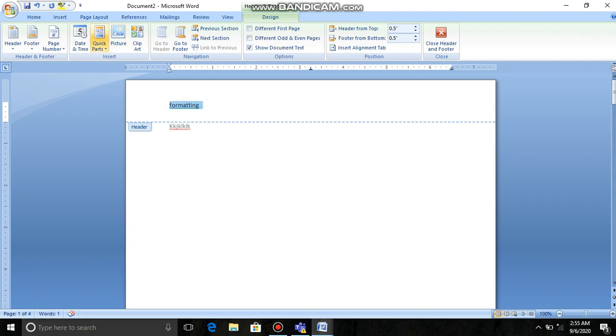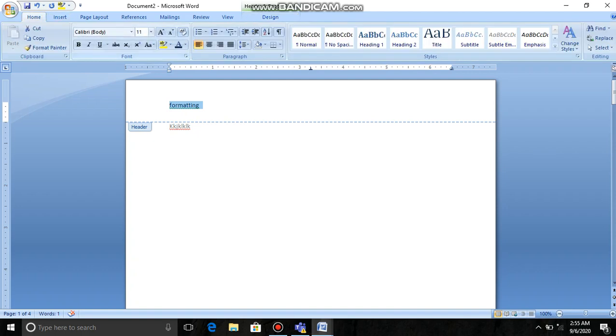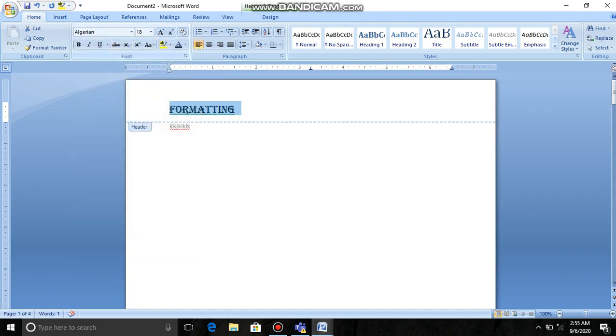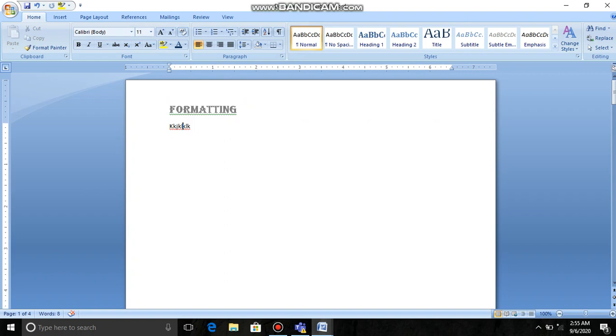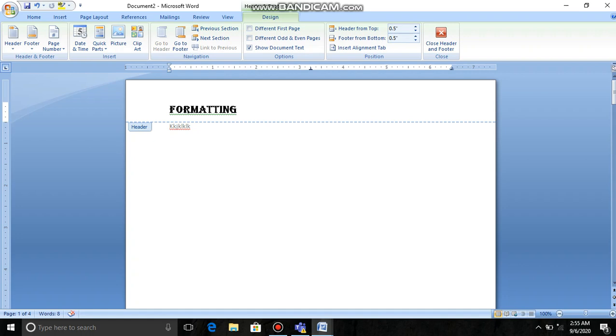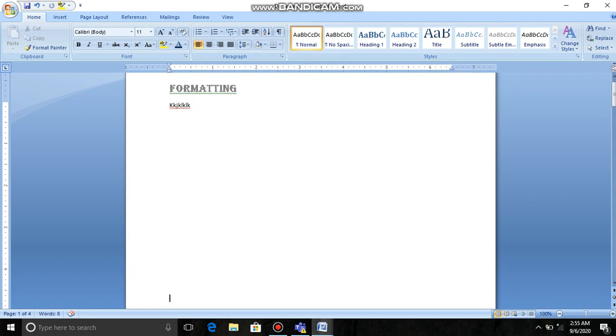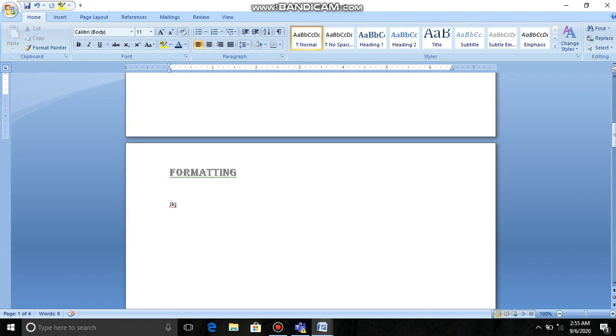If you want, you can change the size and all. मैं इसका size थोड़ा बड़ा कर देती हूँ, इसका style of writing change कर देती हूँ, and I can make it bold, italic, whatever formatting you want to do you can do that. Okay, after doing this, I'm just coming out of that. Otherwise you can close officially also, like if I am in the formatting you can choose this button, Close Header and Footer. Now I am in the page. See, this is fourth page, this is third page. Every page will have this heading, formatting.